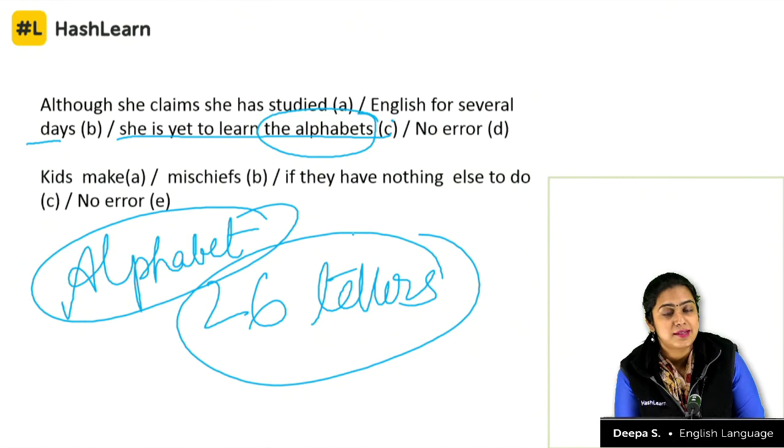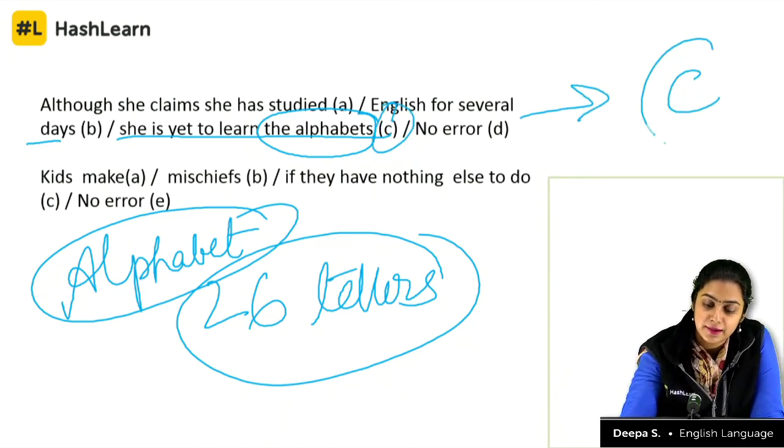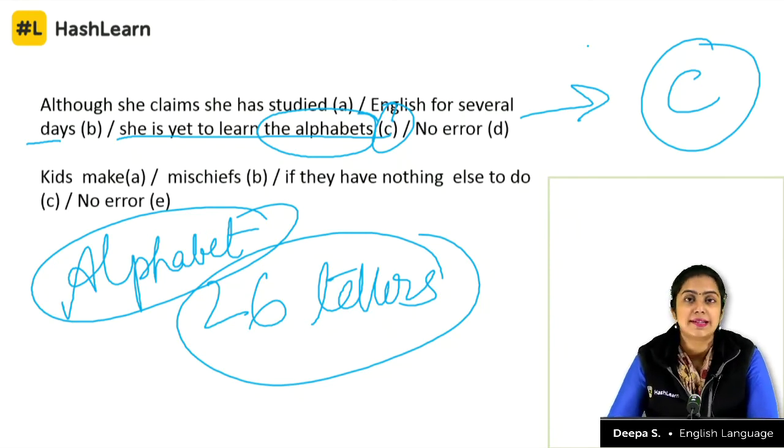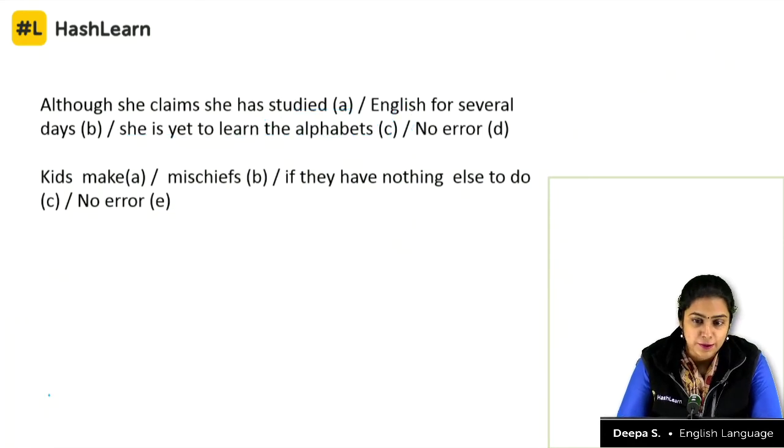So which part of this is wrong, which part needs correction? That is part C of the sentence. So your answer here is C. You need to understand convention and collective nouns here. So the alphabet and not alphabets. Please make use of the commenting forum to get back to me if you have any doubt. Now look at this question.